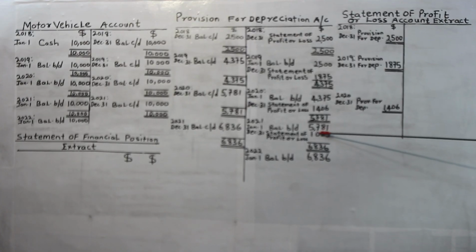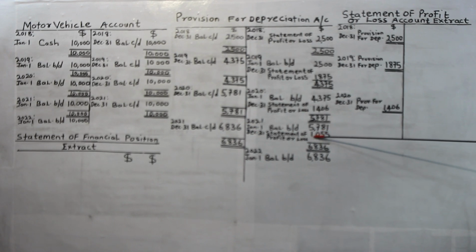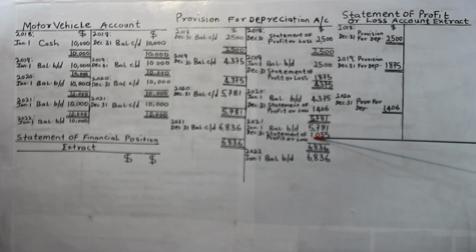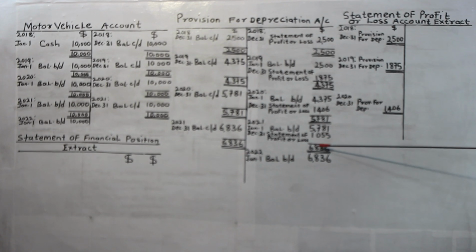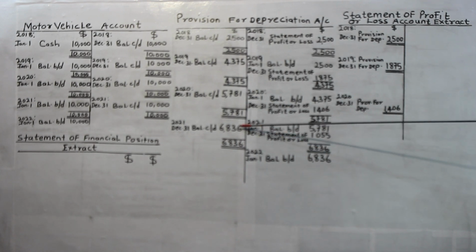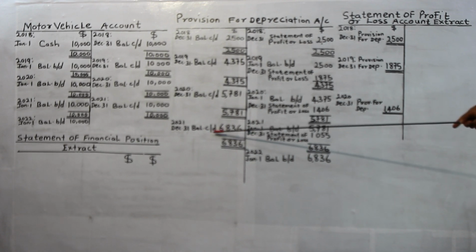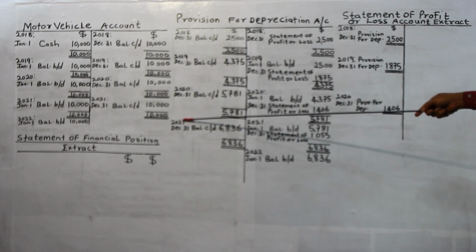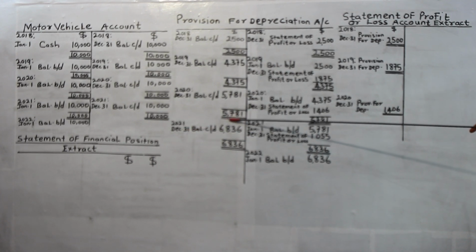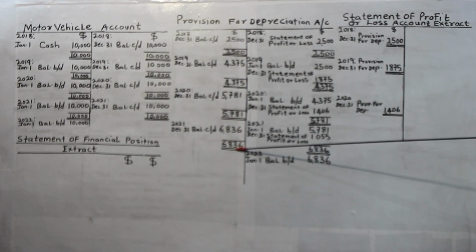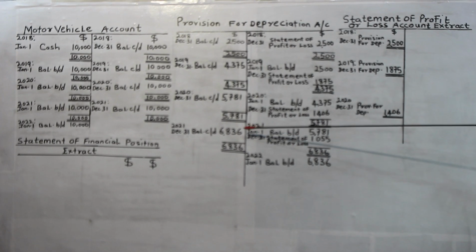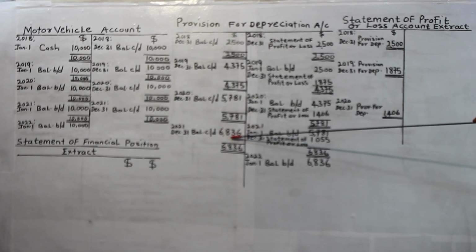So if we add 5,781 plus the current year's depreciation 1,055 gives us $6,836. This is now closed, and this same amount is transferred as balance carried down to make the two sides to be equal. That is closing balance for 2021 December 31st. Of course, we bring it down and close in the same line with this. Then the balance carried down of 6,836 is finally,